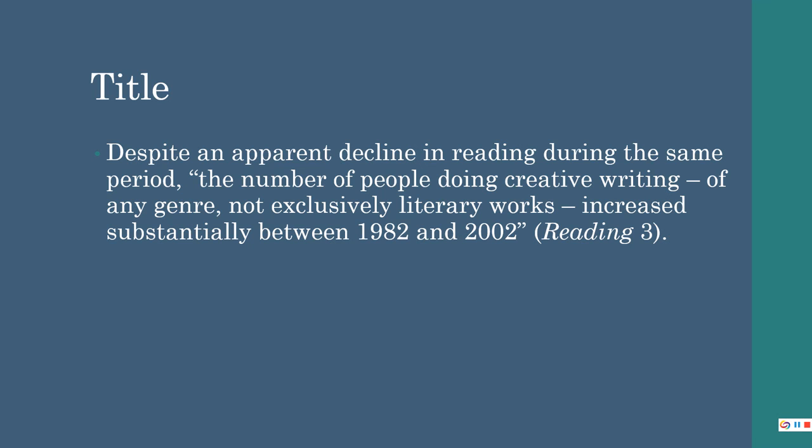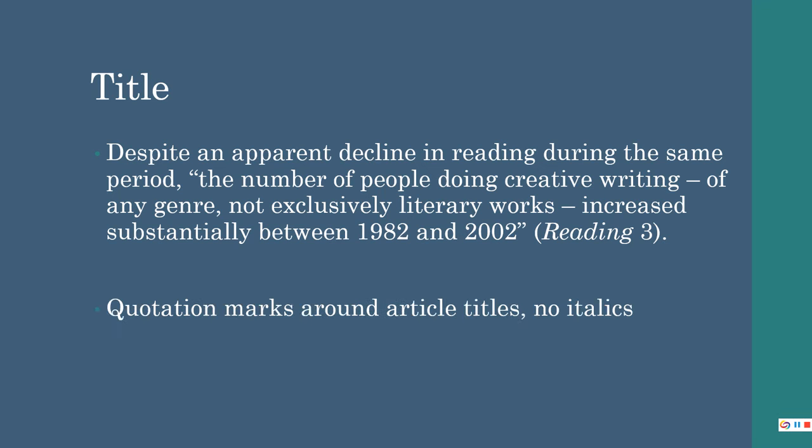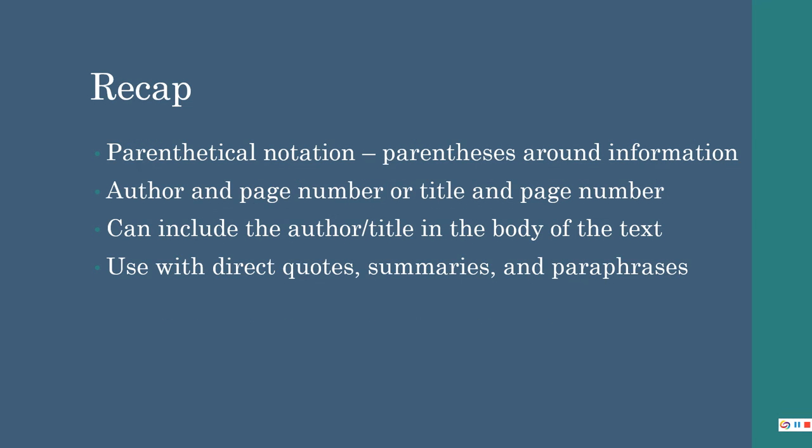Notice that we don't use the entire title. The title is abbreviated, when possible, to the first noun and any preceding adjectives. Exclude any initial articles such as the, a, and an. If there isn't a noun near the beginning of the title, you may need to abbreviate to the first word of the title, if it is enough to distinguish it in your list of works cited. If your title is for an article, you will have quotation marks around it in the parentheses.